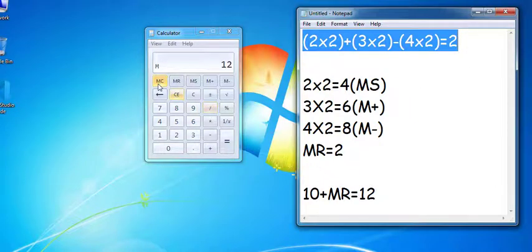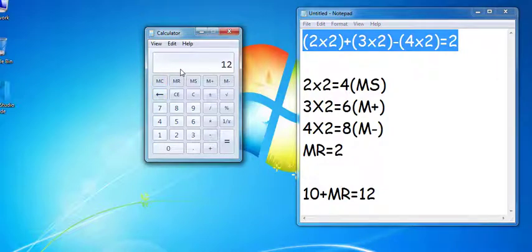Now the last one, this MC button. It is used to clear the memory. It is used to delete any number which is stored in the memory. When I press this MC button, the M symbol here will disappear because there will be nothing in the memory then. I am pressing this button. See, M disappeared. Now when we press the MR button, it will show nothing because the number in the memory has been deleted. MR is showing 0.